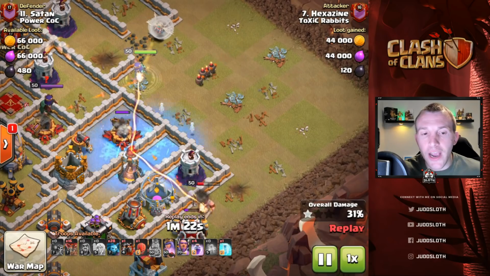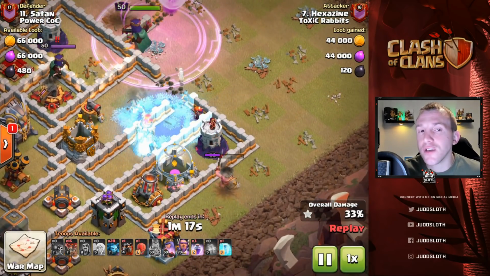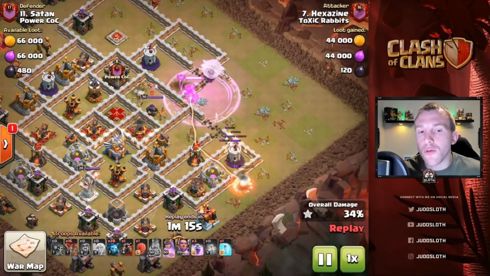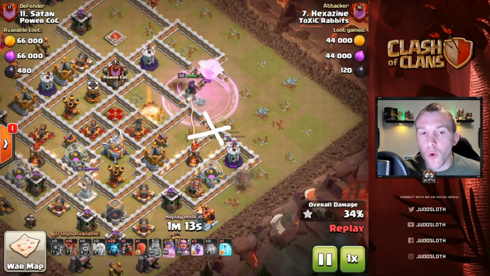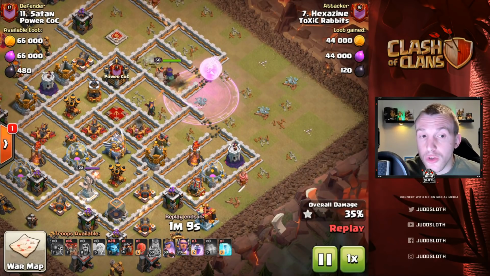It gets shredded, but it does check for any bombs in terms of getting through. We then have to freeze that multi-inferno to allow the wall breakers to bust open this layer of wall, which is enough. Once the queen takes down the enemy queen, she is going to get drawn to the wizard tower,